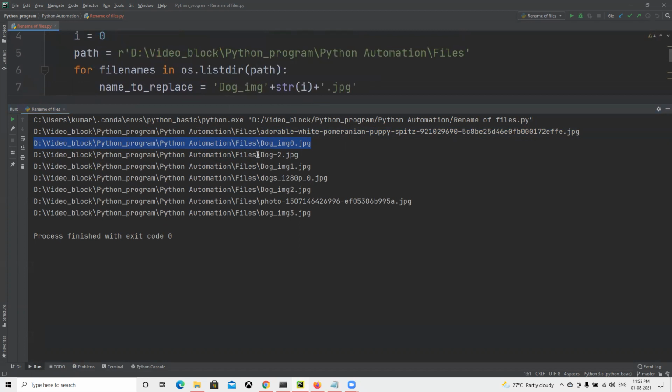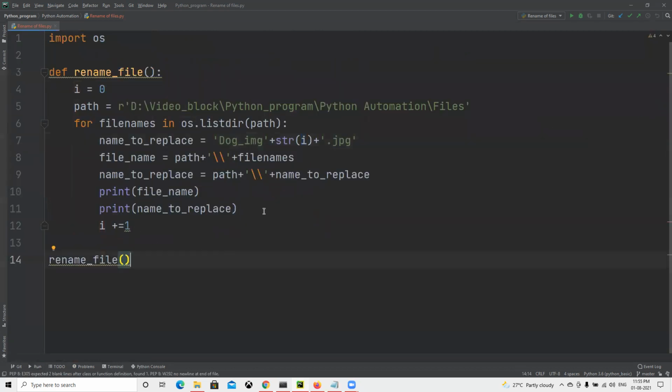So we concatenated name to replace with dog underscore img and whatever the i value is plus dot jpg. That's why it's replacing the first one with dog underscore img 0 dot jpg. Now the second file with 1, the third file with 2, the fourth file with 3. So this is how we get to know this is taking the correct path and it's going to replace it correctly.